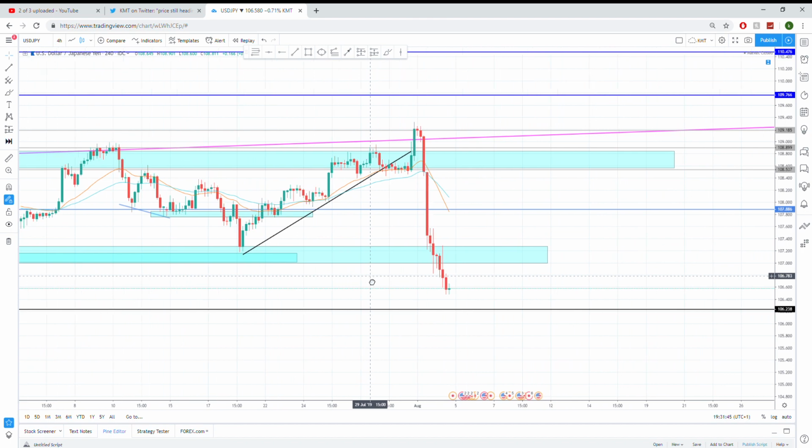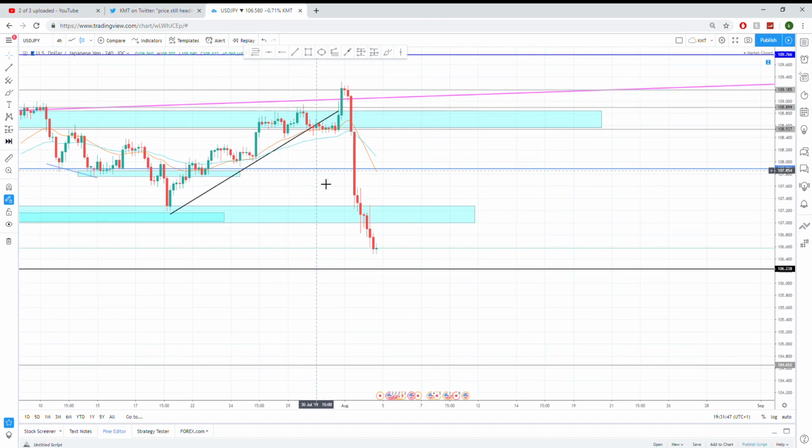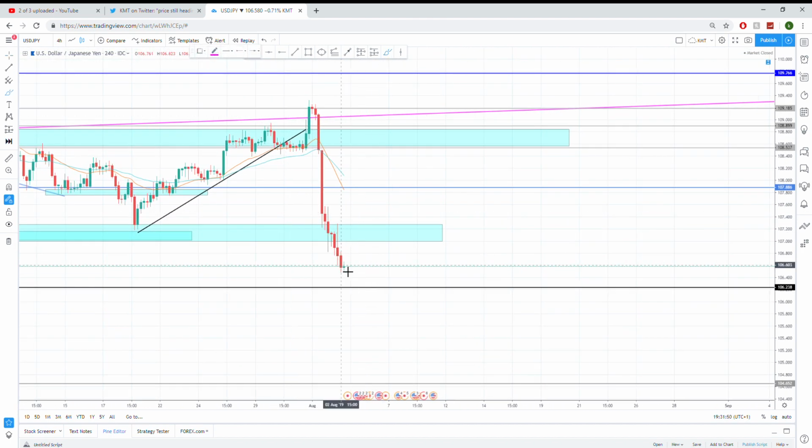Now, what I'll be looking for this week, just going to pull out this tool. One of two things can happen here. We could potentially see price come back up for a retest of our zone and then push to our monthly key level, or the second option is that we get a continuation of sell orders pushing through early in the week, which would lead us to push below our monthly low at